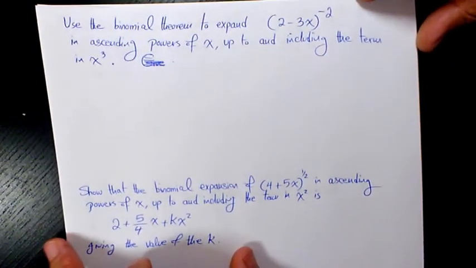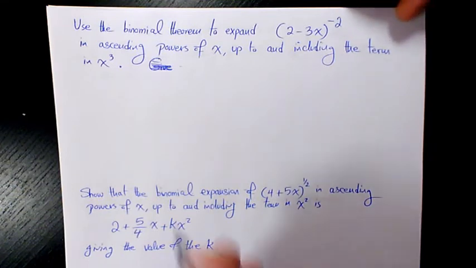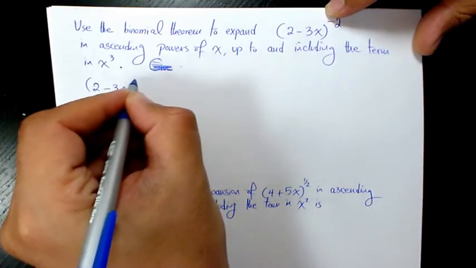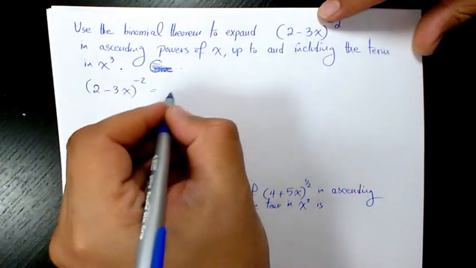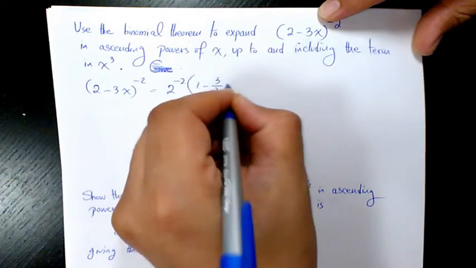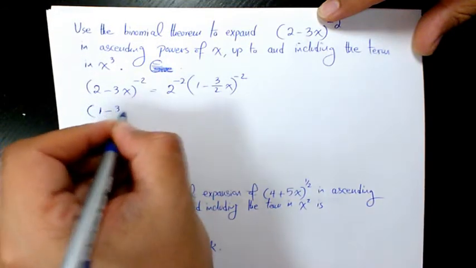It says, use the binomial theorem to expand (2 minus 3x) to the power of negative 2 in ascending powers of x, up to and including the term x to the power of 3. So (2 minus 3x) to the power of negative 2. I need to take 2 out. 2 to the power of negative 2 times (1 minus 3 over 2 x) to the power of negative 2. So when you write it like that,